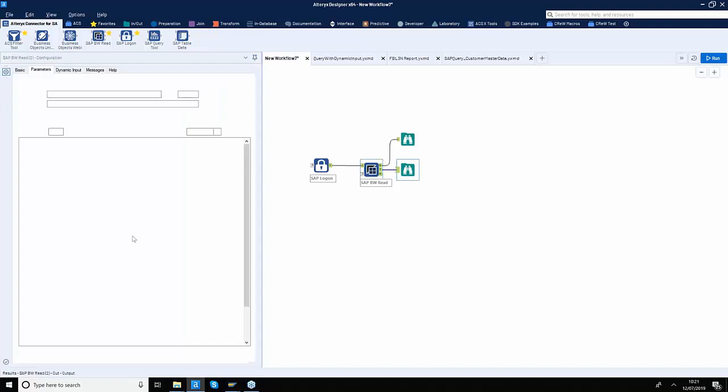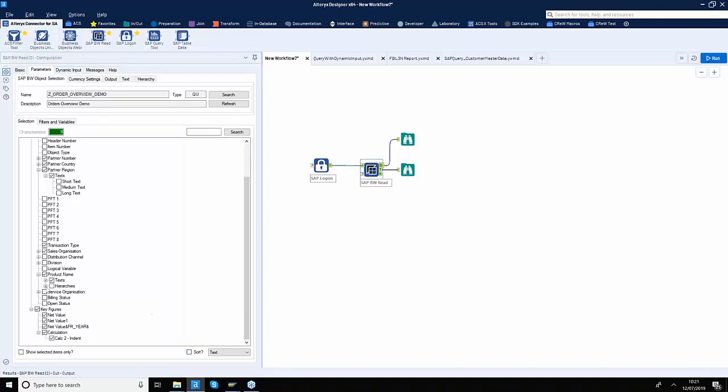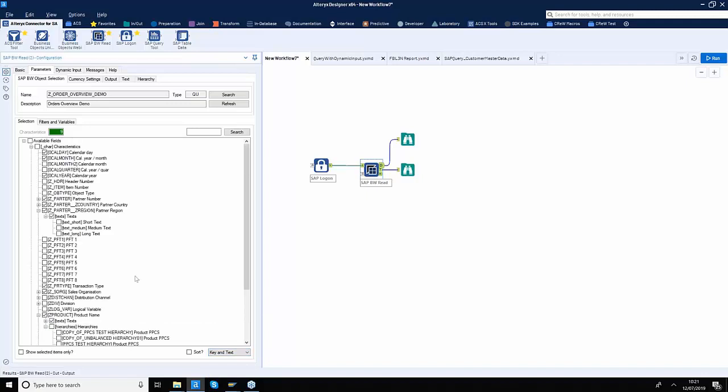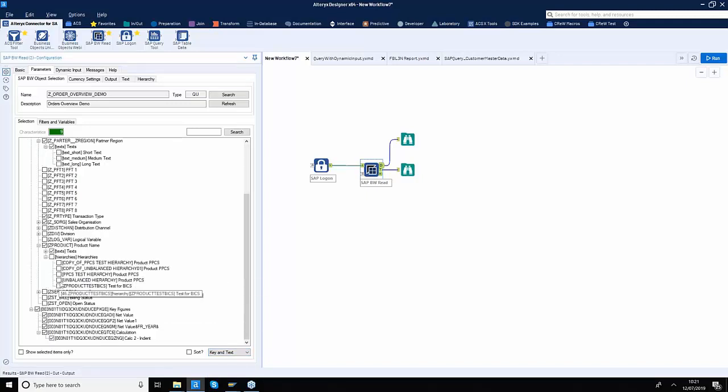Let's also focus on the hierarchies for a moment. My product field has some hierarchies, and I'm going to select more than one hierarchy for my output. What do I want to do with that? I will show you in a minute once the data comes out. I'm going to select these two hierarchies, and I'm going to keep the hierarchy parent levels to level 5.